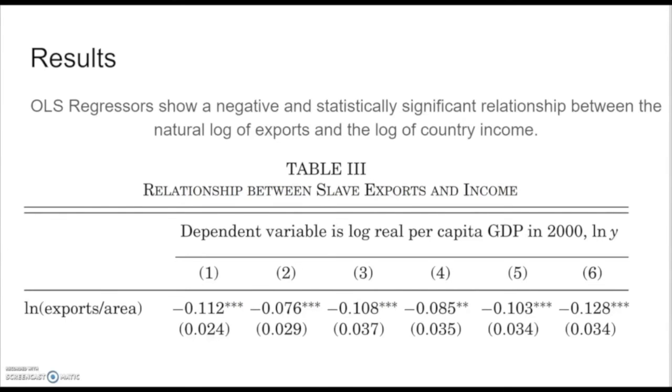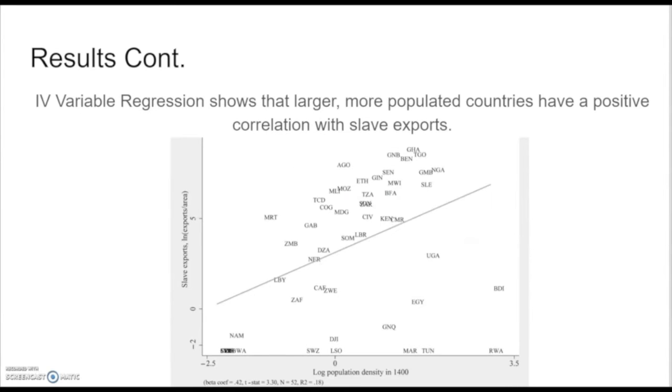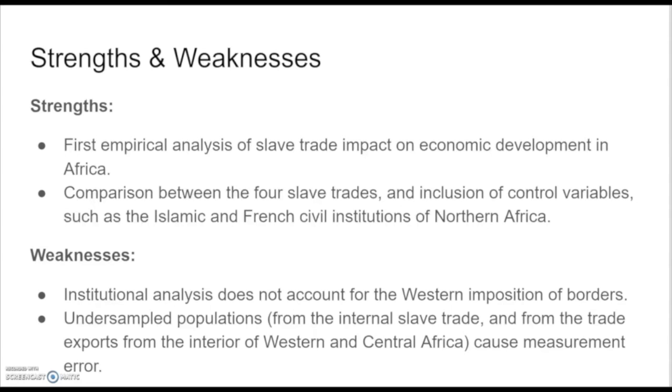This means that more exports led to lower current day income, and even more impressively, the addition of control variables led to more negative correlation and more statistical significance. Next, the instrumental variable regression gets rid of the possibility that states that were underdeveloped were self-selecting into the slave export, which means that we don't have to worry about measurement error coming from this, and rather this measurement error, even if it does exist, will converge down to 0. Which means that we have a causal relationship, which I would say is a big strength of this paper,